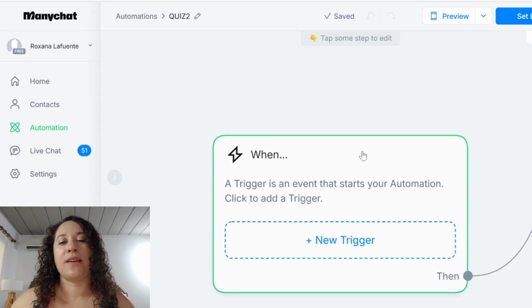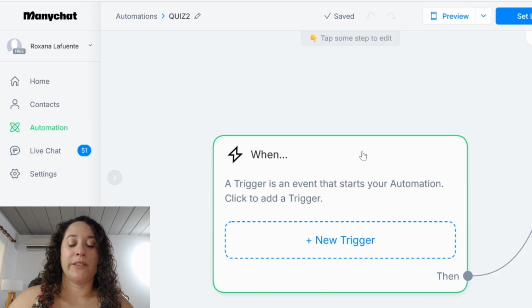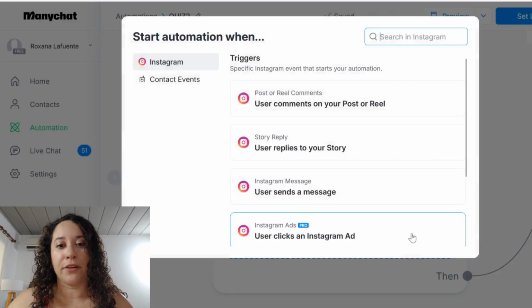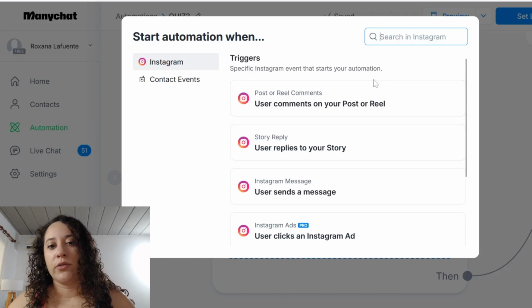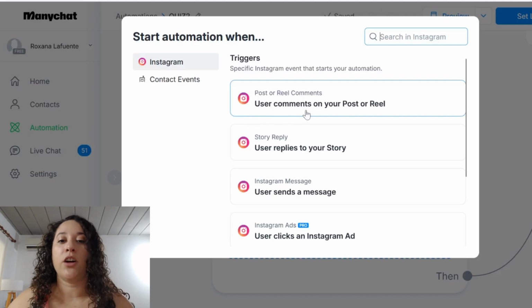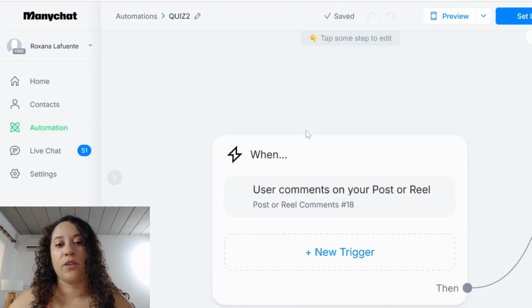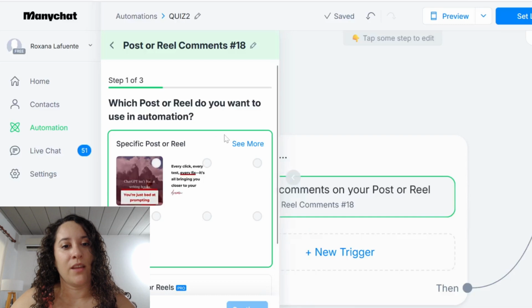A trigger is basically a fancy technical word for the event that starts the automation. In this case, it's commenting on the post or reel with a certain keyword. If we choose a new trigger, we can start this automation on different scenarios. We're trying to start the automation when they comment "quiz" on our post. So we will choose this one, user comments on your post or reel. Once we click it,